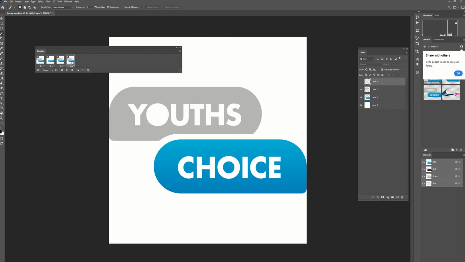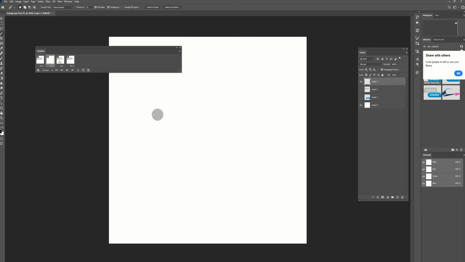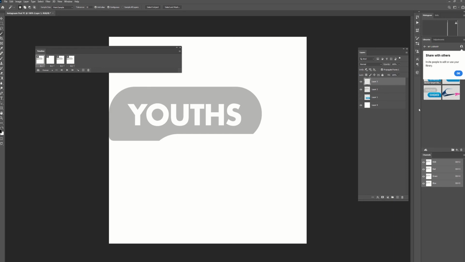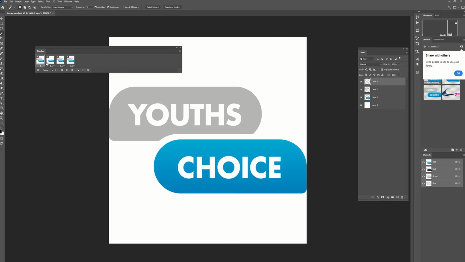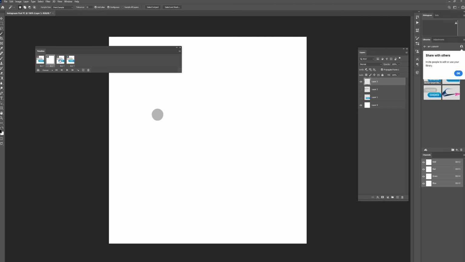Okay, so I'm going to go with that kind of animation, but on this one I want to add my layer 3, so you effectively get that, and on this one I'm going to turn off that one. Now you'll notice that on the first one these things are being copied, so when I removed that layer on the first frame, it's removed it for all of them. So in order to avoid that,